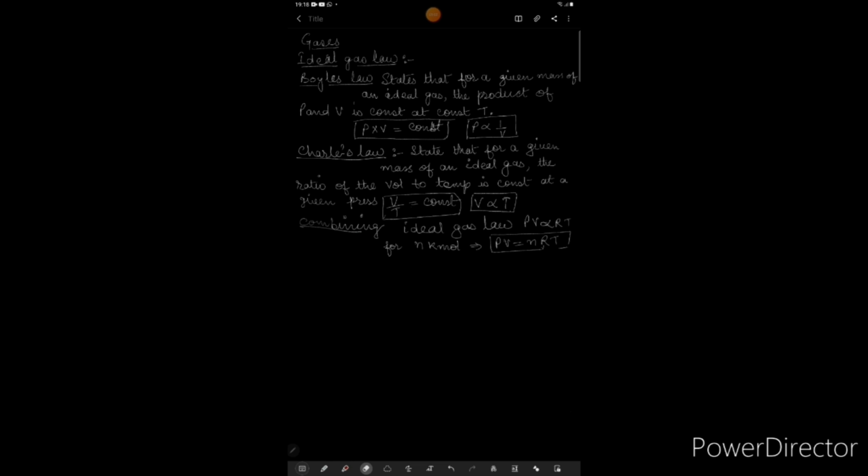In our Hougen and Watson textbook, all the units are given in British units, so we have to calculate in SI units. So for a gaseous mixture, two or three gases are mixed, so the partial pressure or volume of the pure component comes into play. So Dalton's law